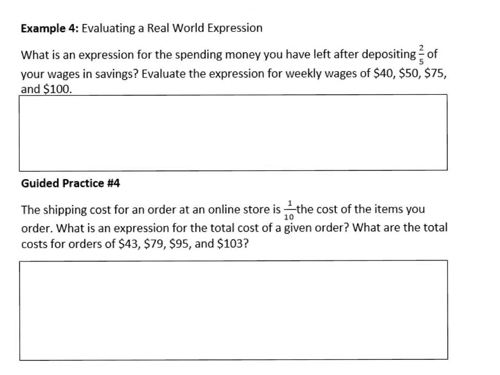All right, last example, a real-world expression. What is an expression for spending money that you have left after depositing 2/5 of your wages and savings? Evaluate the expression for weekly wages of $40, $50, $75, and $100. Okay, anytime that it's talking about what you have left, you're obviously taking something away. So if you have the money you made, which they're calling wages, minus the money saved,